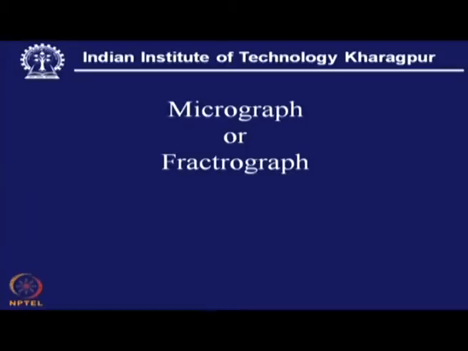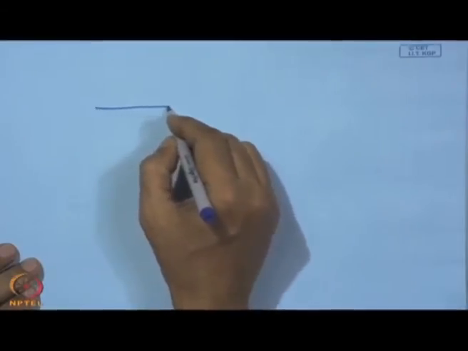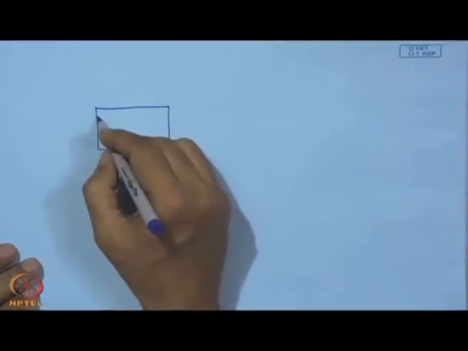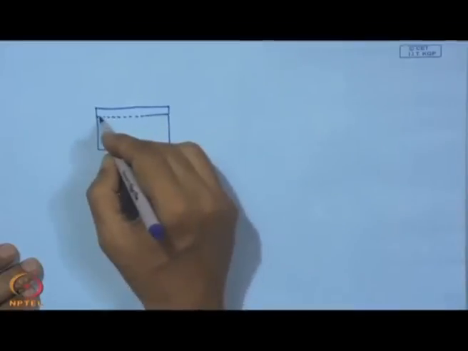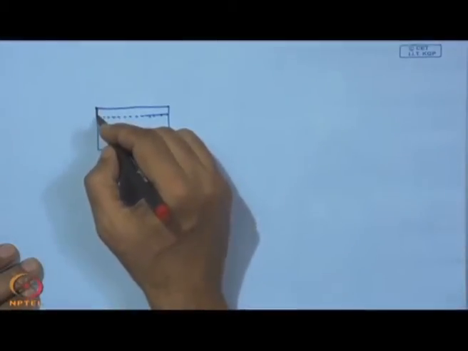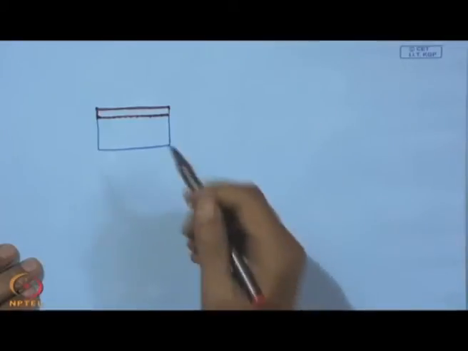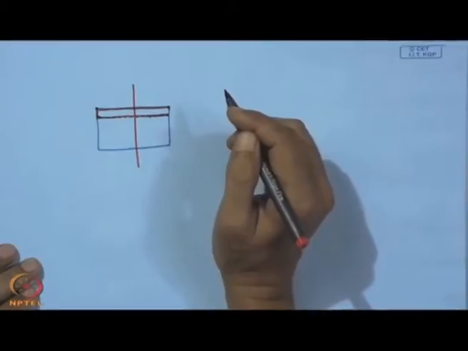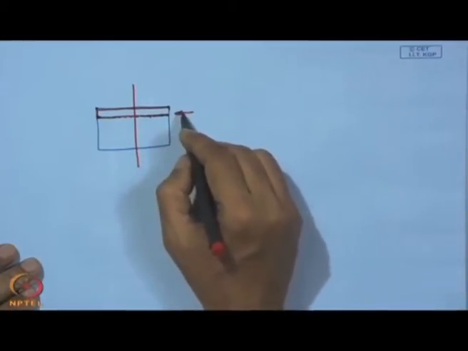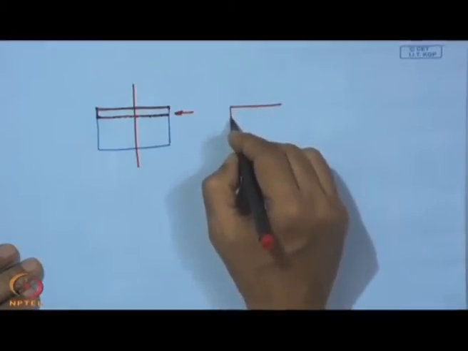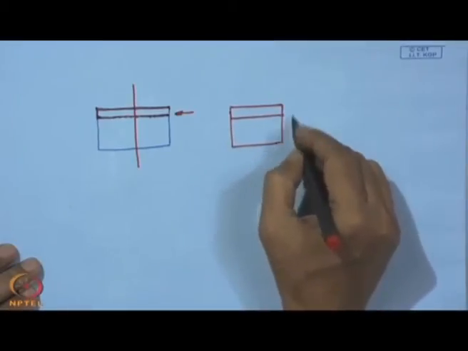This can be done just by micrography or by fractography. Micrography means, in this case, what we can show, this is just on the top we have the coating. So, this was the original substrate, and on that a coating is deposited. Now, this coating can be visualized by microscopic examination. One has to take a section of this and then look from this side, that means this is the cross section which appears like this, and this thickness can be well measured under a microscope,